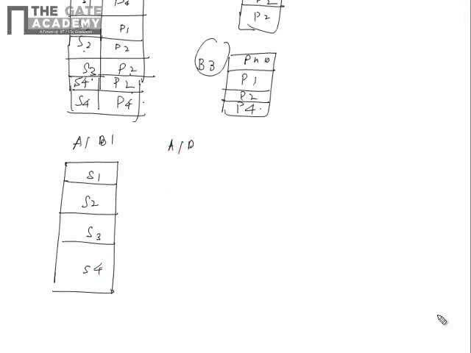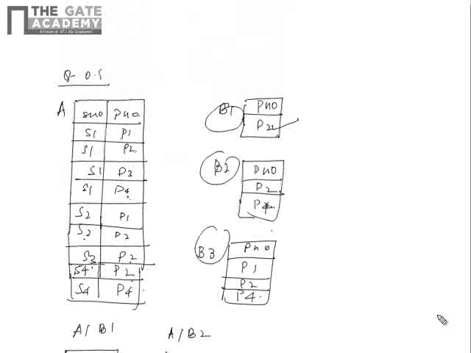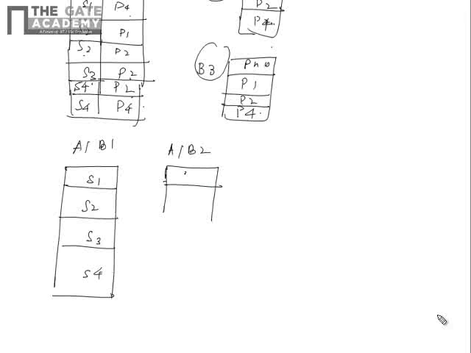Now we have a by b2. b2 contains p2 and p4, sorry, here it is p4, right? Yes, p2 and p4. So p2 and p4 are present together in s1, right? Then in s2, s1, and then p2 and p4 you check for the others: s3, s2, no, it is not present. Then s4, it is present, so it contains s1 and s4.